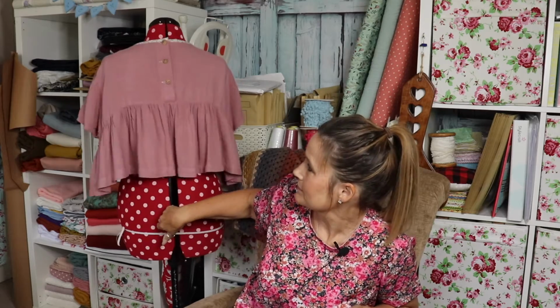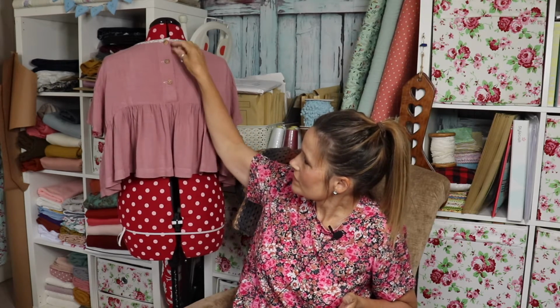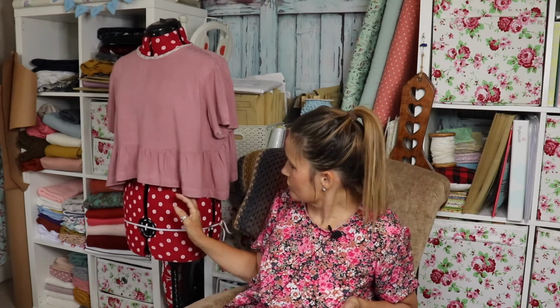You just got to make sure you get your gathers right, and there's nothing else technical apart from maybe three buttonholes on the back, and it's just like a built-in turnover type of placket, so there's no extra plackets to fiddle about and add. You've got an extra piece of fabric here which you turn over, and then you top stitch, and it creates the placket effect. And then it's just got the cutest little sleeves, and the ruffle goes shorter at the front and then it goes right up at the back, and I love that,